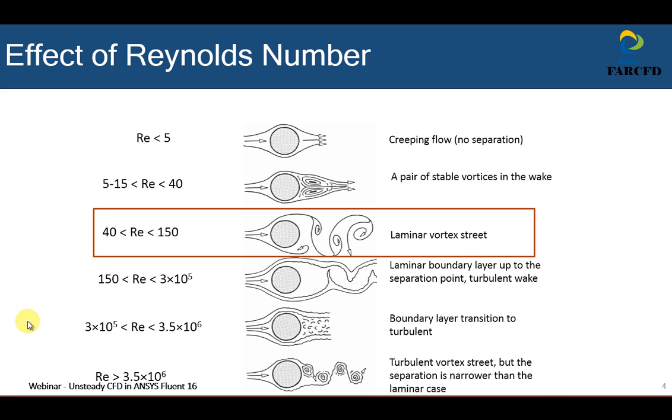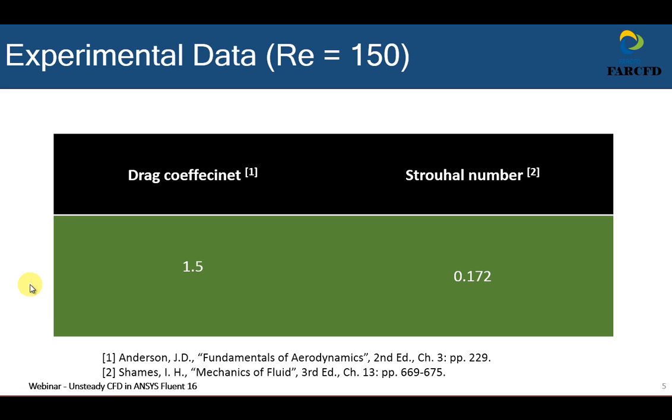We will compare the Strouhal number and mean drag coefficient from our CFD simulation to be done in Fluent with the experimental data shown here. You might witness some discrepancy between CFD and experimental data for drag coefficient, which is normal. In the literature, many researchers have also found the same discrepancy. For this case, we have chosen Reynolds number of 150, which is the upper limit of the flow regime we have selected for this study. From the fluid dynamic point of view,